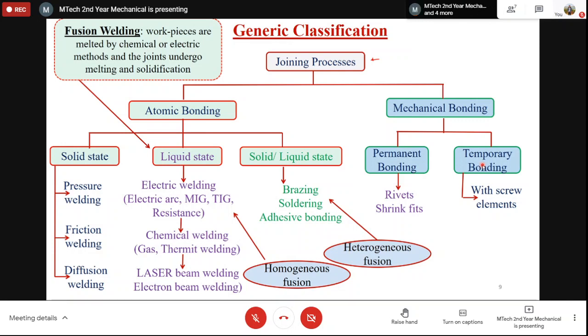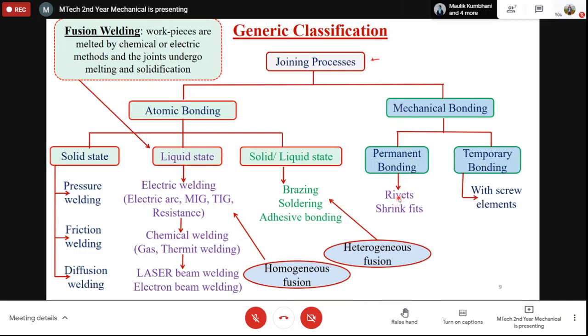Okay, so when we are using the nut and bolt assembly or screw and nut assembly, we are not breaking the bond. We are opening the bond. We can do whatever we want with the two parts, and when we again want to join the parts, we can screw or pass them back to their position and we'll get the bonding. Those types of bonds are known as temporary bonds, and permanent bonds are those where we break the bonds. In mechanical bonding we have permanent bonding.